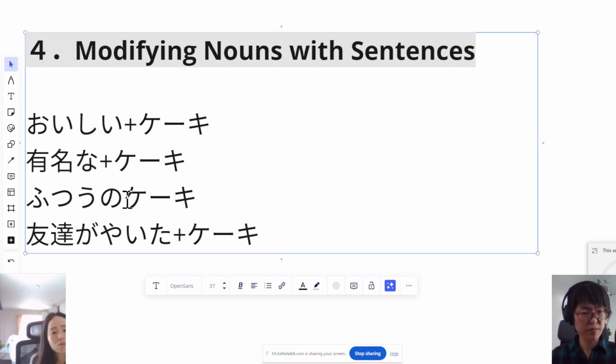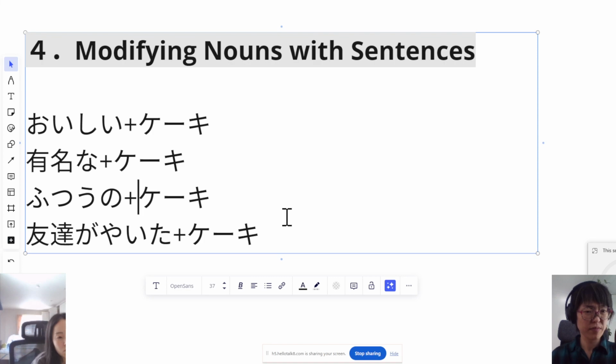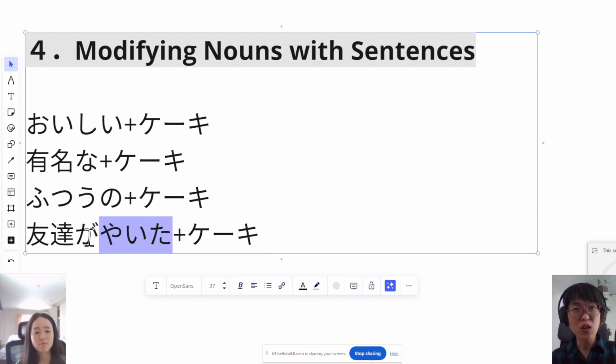Another way you could translate this into English would be, eat the curry I made for you yesterday in preparation for today. So I made that curry yesterday. 作っといたカレーを食べてね。作っといたカレー。友達が焼いたケーキ。昨日私が買ったケーキ。昨日私が練習した文法。